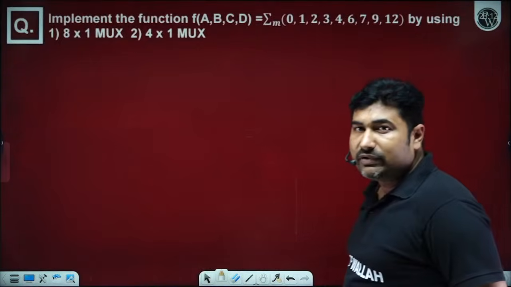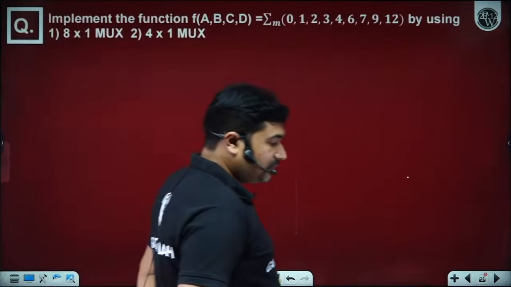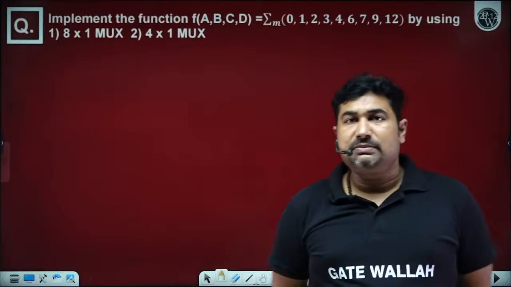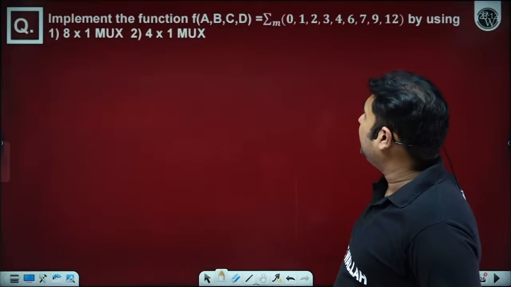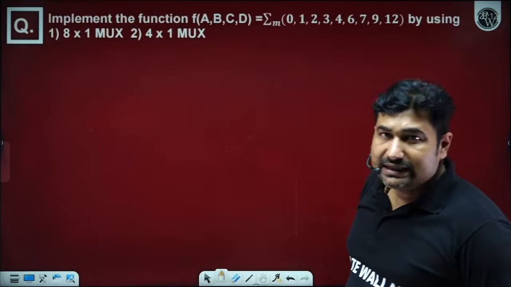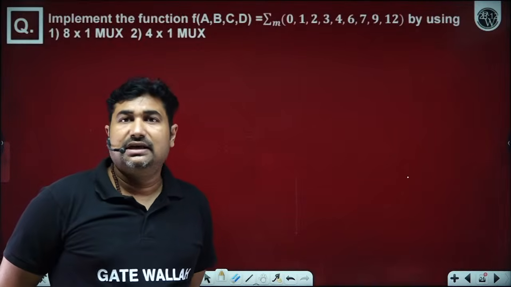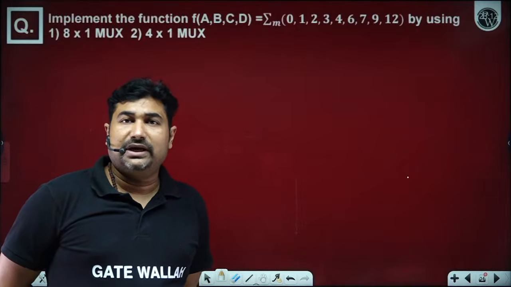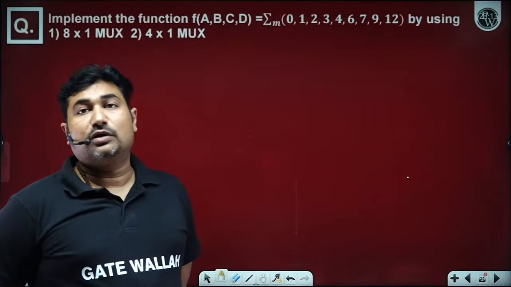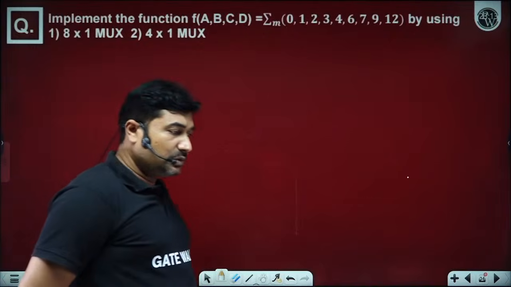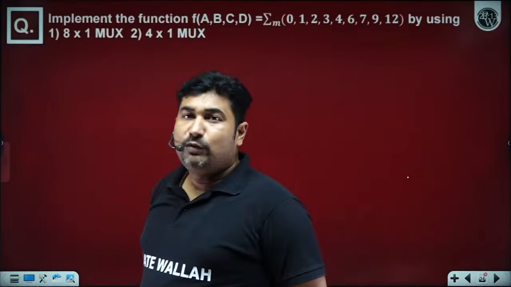Great. So we have one question from the Indian Administrative Services as well. Here we have to observe the most suitable size, and first of all we have to implement the function ABCD, and the function is given by using 8 cross 1 with the best select line possible, and then we have to compare which size is preferable, whether 8 cross 1 or a 4 cross 1, which is a better size to implement this particular function in terms of cost and speed, if both are the consideration.